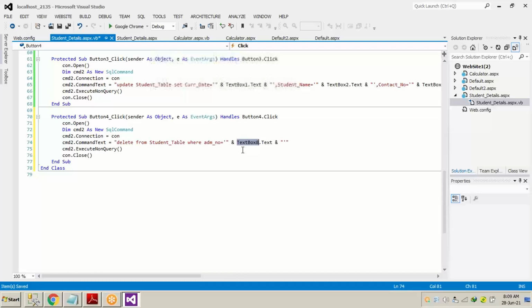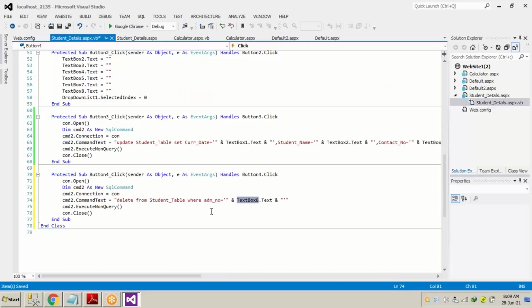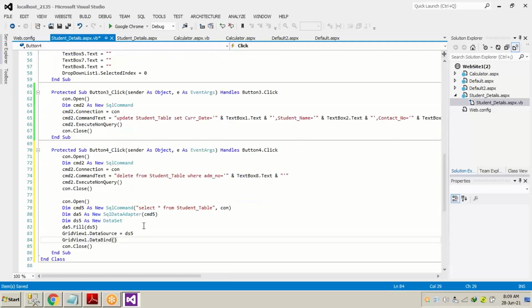Means the record is going to be deleted, and after that it will send a connection to the database so that the fresh record is shown on the grid view. We can also put the same grid code inside the update button, because as the data gets updated, this code is going to be executed, and after updating, the fresh record from the table will appear on the grid view.